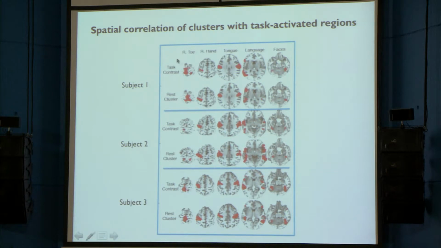And so this is an example of 3 subjects in which we have them actually perform a task on the top row here, and actually looking at the resting state cluster on the bottom row. And so you can see that there's very close correspondence between toe, hand, tongue, language organization, and also the face area right here. So you find the clusters that correspond, and not only in location, but in tortuosity and other things. So in this particular subject, they were very left language dominant, left hemisphere dominant, and also it showed up in the resting state as well. So it's very sensitive to the task indicators.